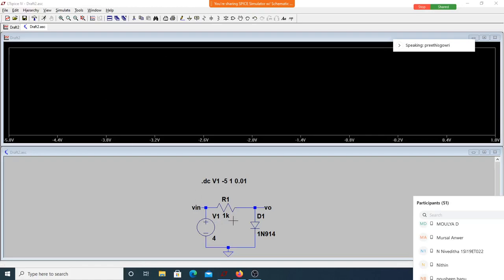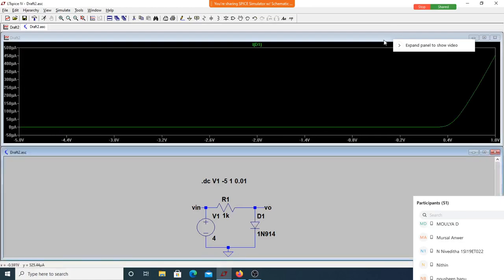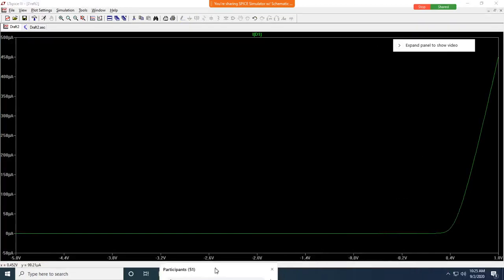Suppose if I do nothing and plot this, you'll get this. Is this the IV characteristics of your diode? Sir, only when it is forward biased. Do you feel that here the current is 0, here the current is increasing? This is the IV characteristics.